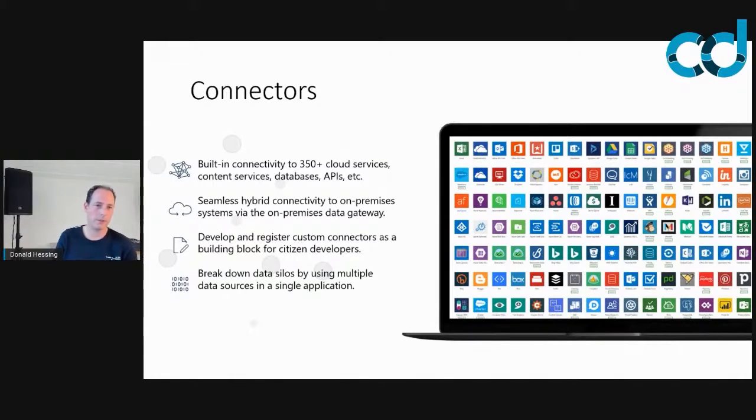If you want to connect to Salesforce or Twitter or whatever SaaS service is there, I think there basically is a connector for it. If there is something that is not supported or you want to have more control, the pro developer can create a custom connector that then can be used by the citizen developers to connect to your data source in the way you have designed it.